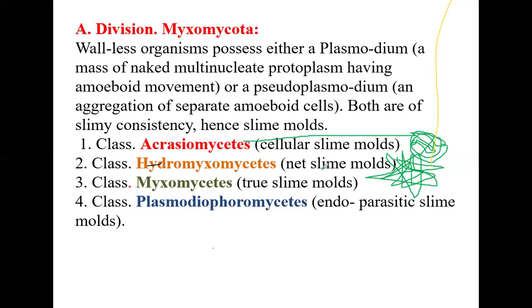Actually, true myxomycetes are like a plasmodium structure that are grouped in Myxomycetes. And parasitic fungi, parasitic slime molds, endoparasitic, internal parasitic molds are grouped under